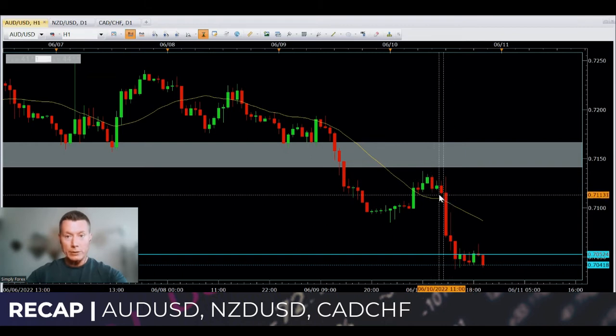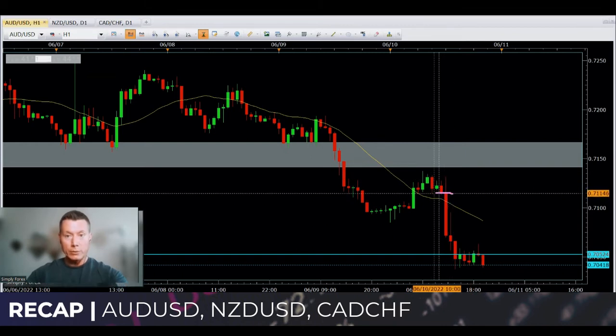All right guys, but if you entered on one of these candles, you'd enter on the close, put your stop above here, and then first of all, take price back down to these lows here, where you would have got roughly a risk to reward of 1:1, and then let 20% run down to the blue line, which also happened pretty quickly, guys. We didn't have to wait too long for it to hit target. All right, guys, so this was a good trade, a profitable trade. Maybe you took this one. Please let me know if you did.